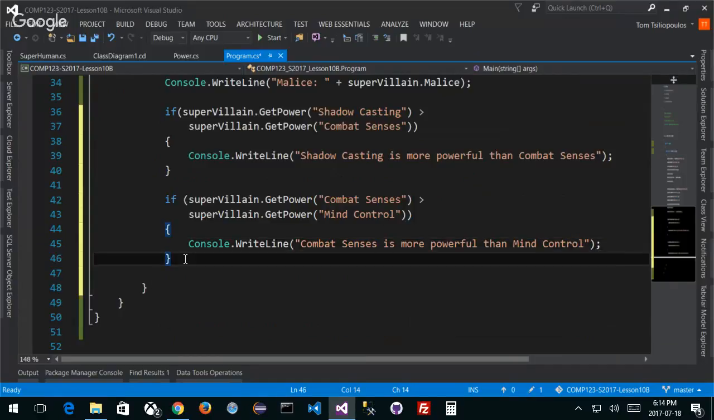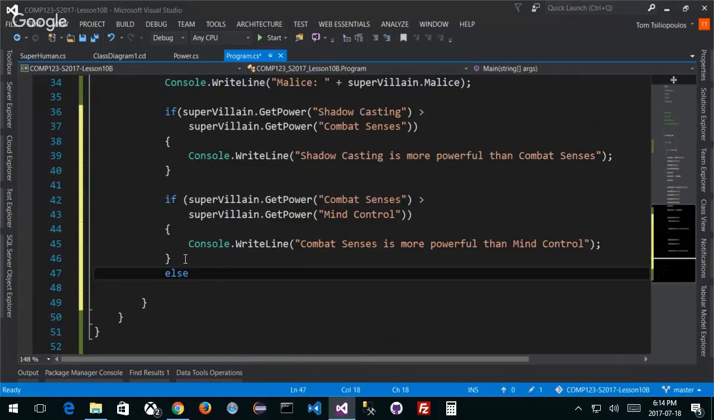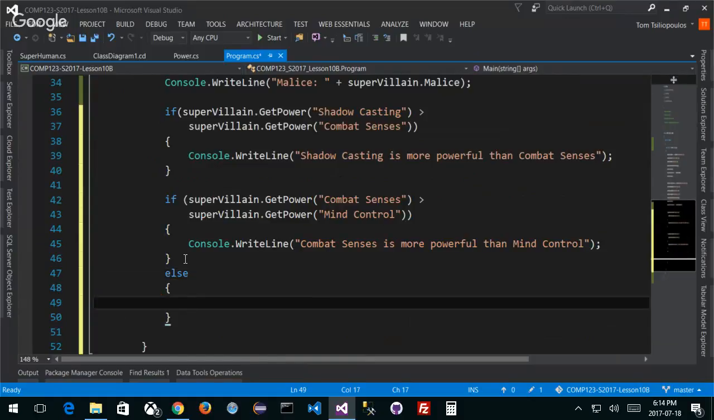Else, and this is where you need the other comparison. Remember I said we need both comparisons? Here it is, right? Because when I put else, we're using an implicit if-then-else. If this, then it's less than. Check if it's less than, right? Then console write line. In other cases, when it's less, combat senses is weaker than mind control, which is what